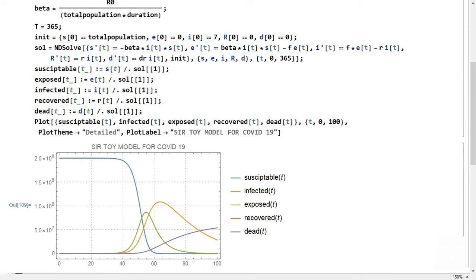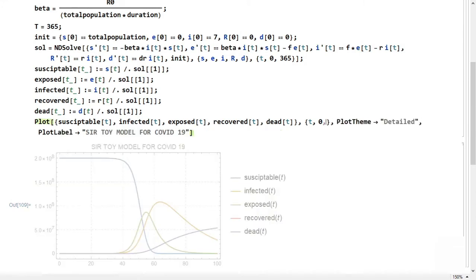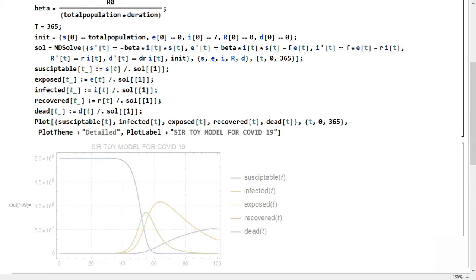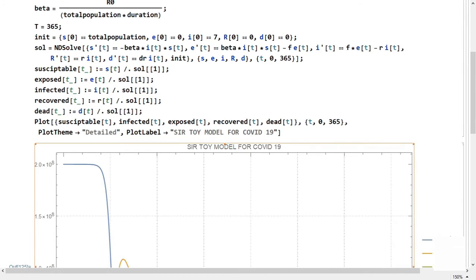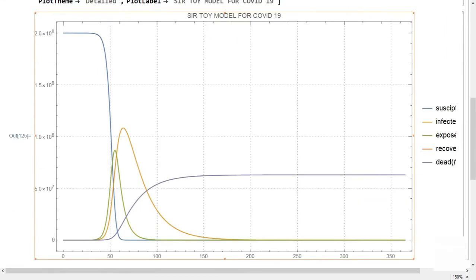So this is a good plot. You can see all of the things, and if you want to see what happens throughout the year, you have to go for 0 to 365, and this is your plot again. And as you can see, the curve, if I can make the image a bit large, you can obviously make this image large from here as well. So let me just try to get these coordinates, and you can see that this infection line, that is this one, it's going up and up and up, and suddenly this is going down. And the death curve also flattens at some point as well,